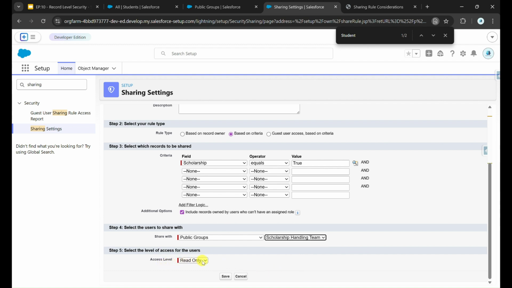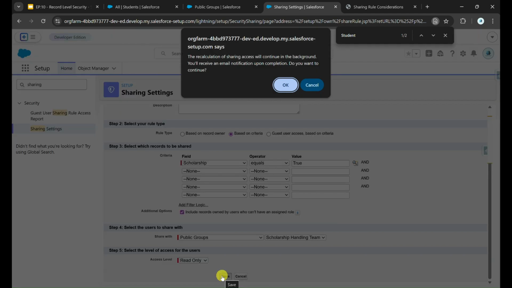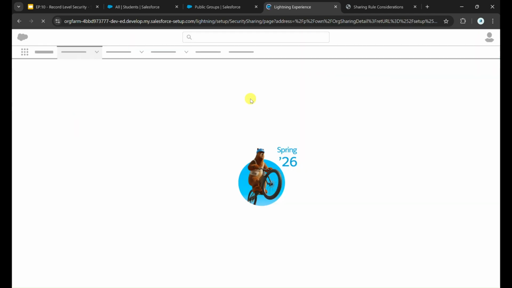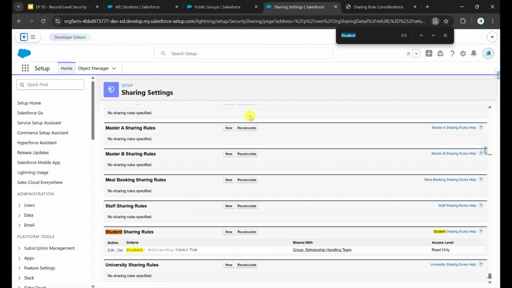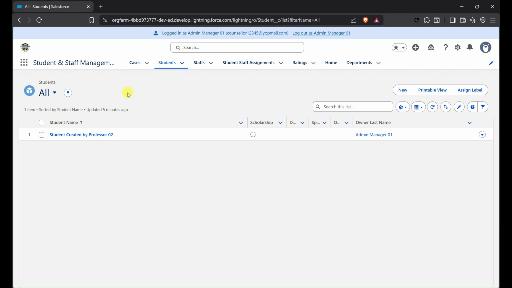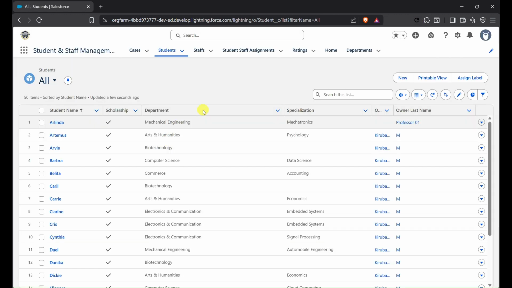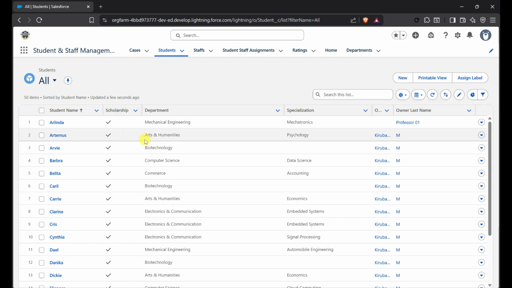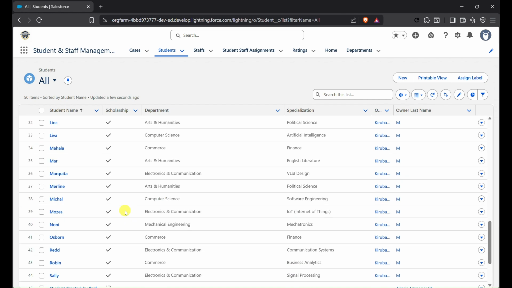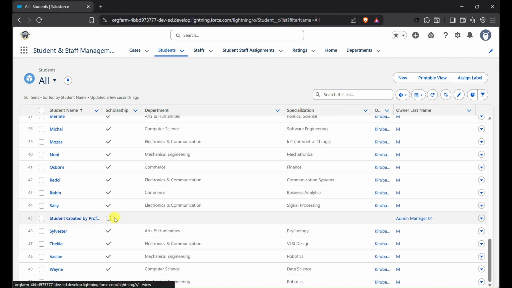Okay. And the access level, let it be read only, and I'm clicking on save. Let me just refresh the screen to check whether the process is completed or not. And yes, it is completed. And here you can see as admin manager, now I'm seeing only one student record. Now let me just hard refresh it. And yes, you can see that this particular admin manager user gained access to all the student records where scholarship is true, along with the student he already had access to, because this student was owned by that user